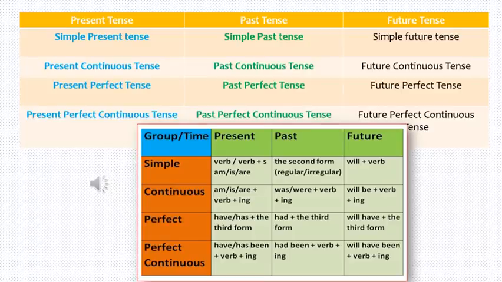In the table you can see the three tenses: present tense, past tense and future tense, and all the four subdivisions under each heading you can see. Since you know the tenses in detail, I am not explaining in detail, but we will have just a revision, the usage of each tense one by one. Let us start with the simple present tense. Under the heading present tense, the first one is a simple present tense.